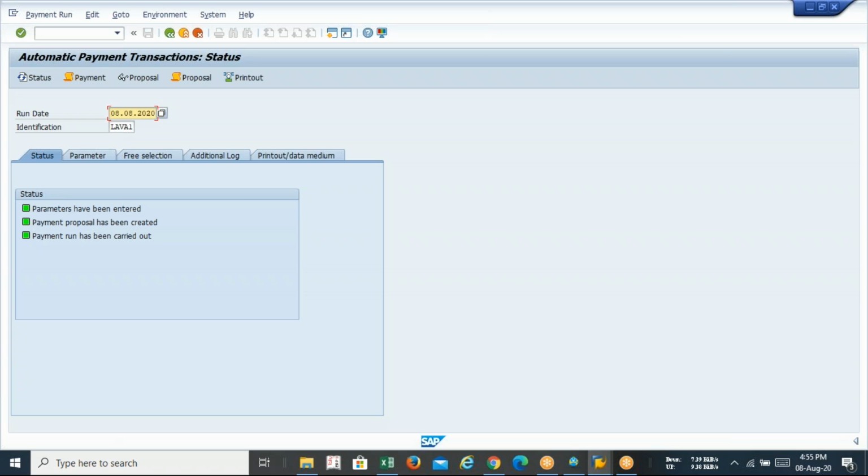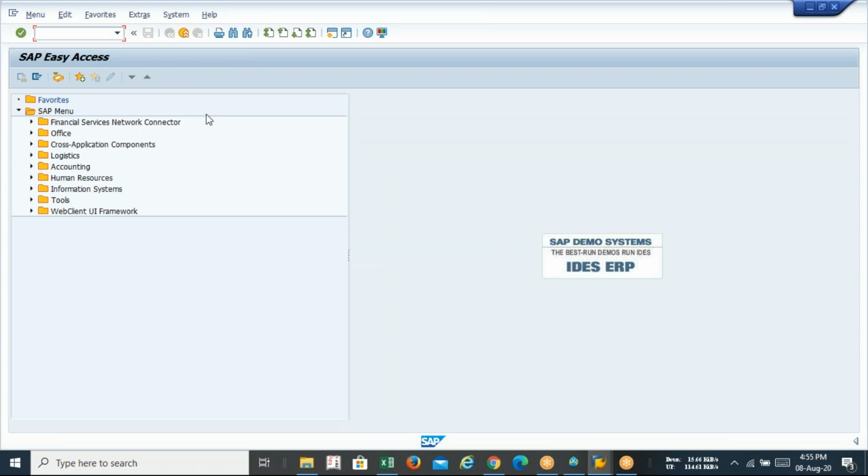I think that time you will get one generated, one completed. This will be applicable for both vendor centrally and decentrally. Centrally or decentrally decides whether it is with or without purchase order, but for making payment, there is no difference.